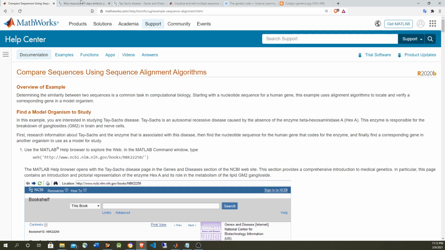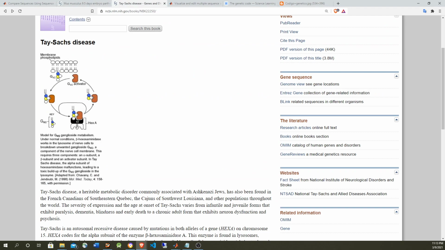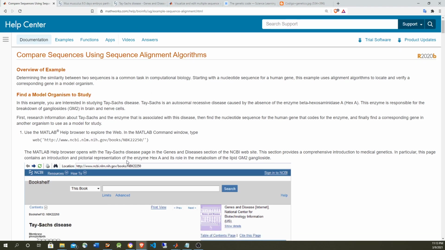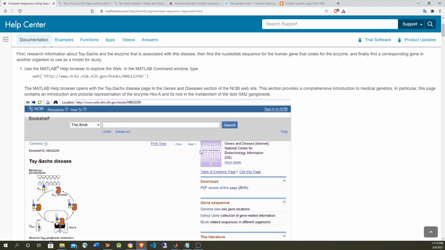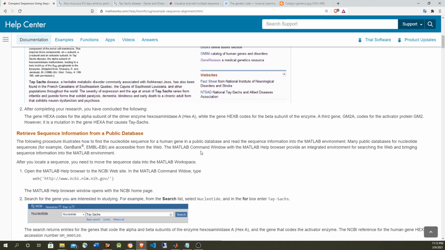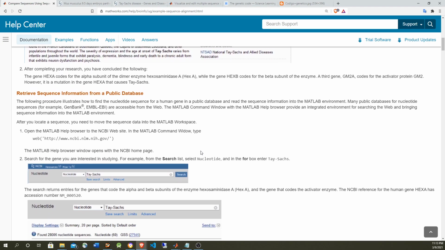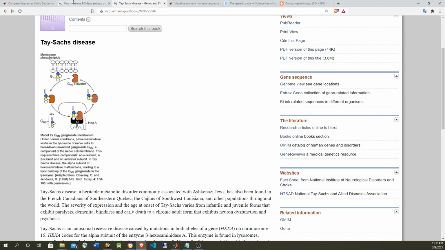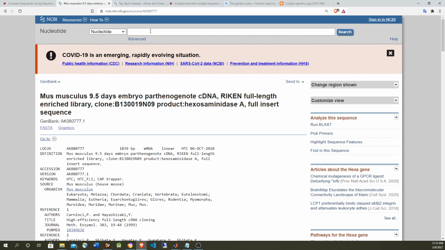Without that process happening, a person gets Tay-Sachs disease, which causes paralysis, dementia, blindness, and early death in human beings. Okay, so let's start this example. The first step is going to the NCBI database and searching for Tay-Sachs disease. That way we're going to find the corresponding gene. So if we search for Tay-Sachs,